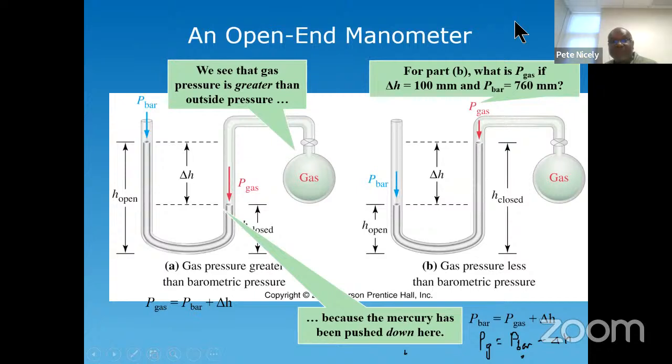Okay, so before we leave this slide, I want to answer this question here. It says, what is the pressure of the gas if delta H is 100 millimeters and P bar is 760 millimeters? Well, that's very simple. Based on the equation I just mentioned, the answer here is that the pressure of the gas,